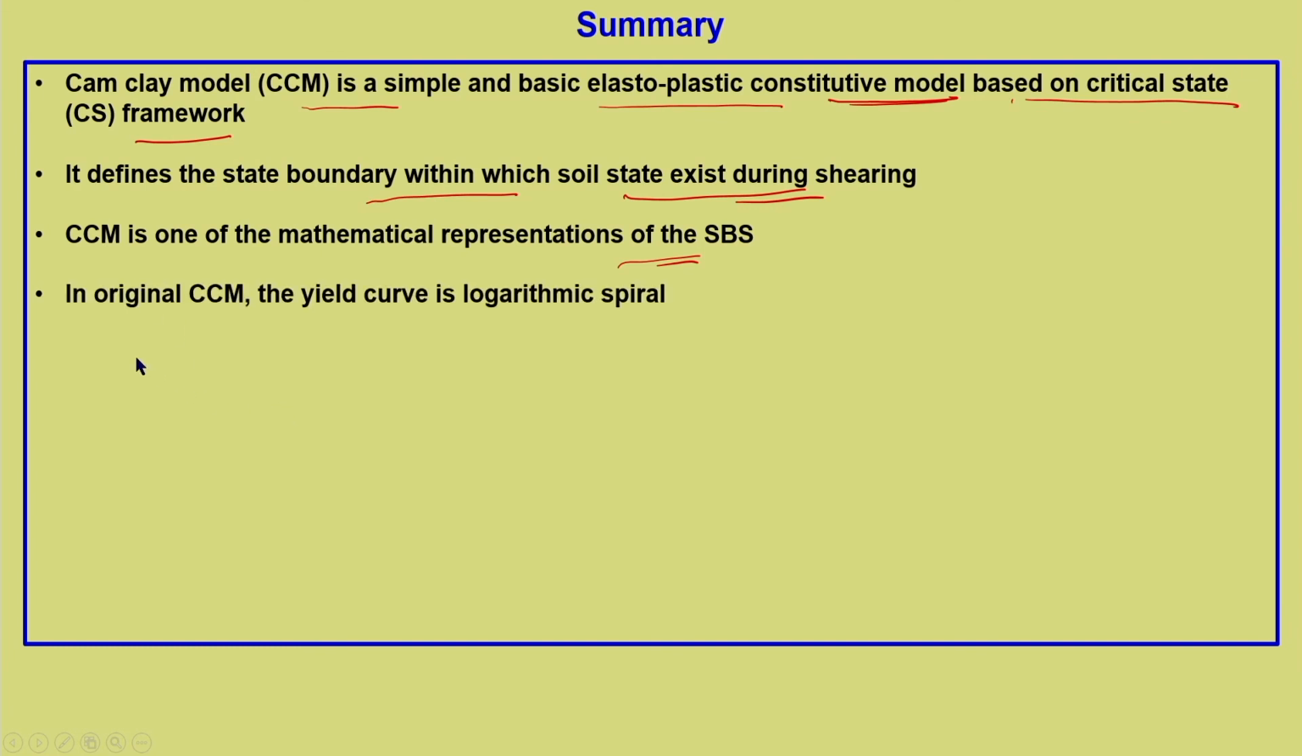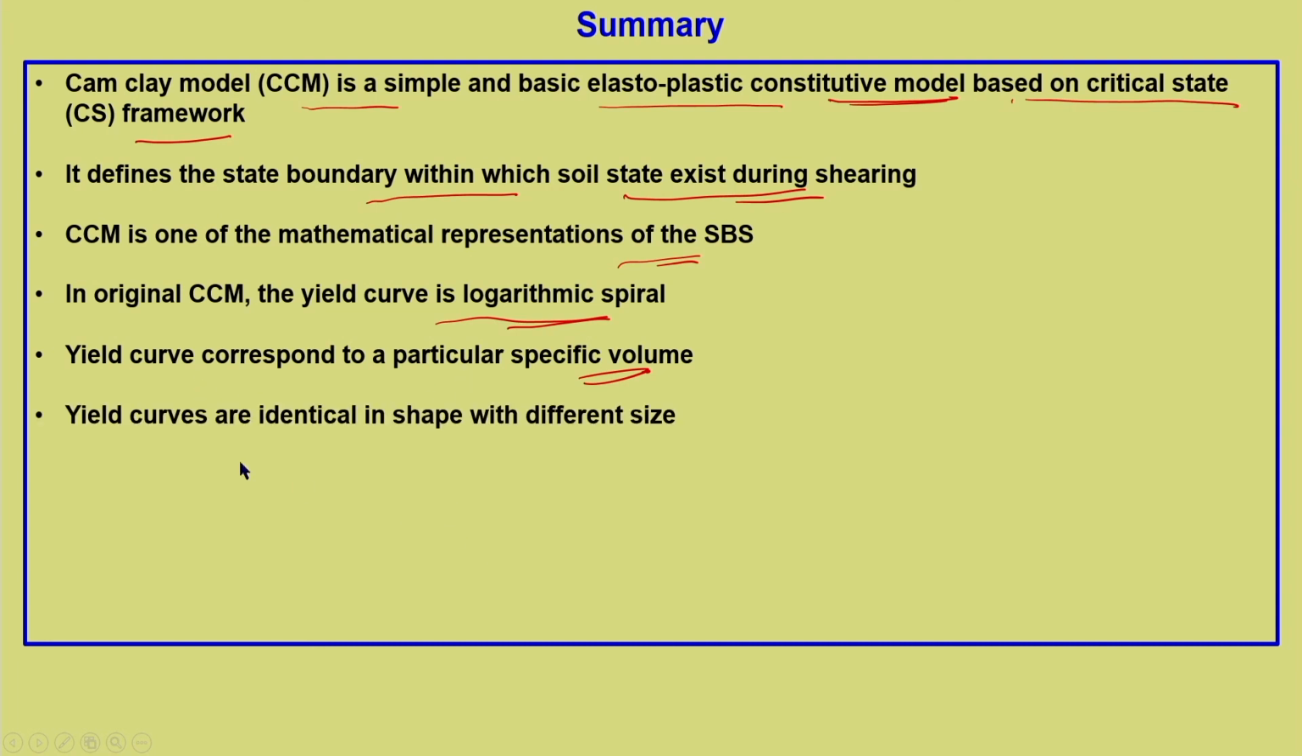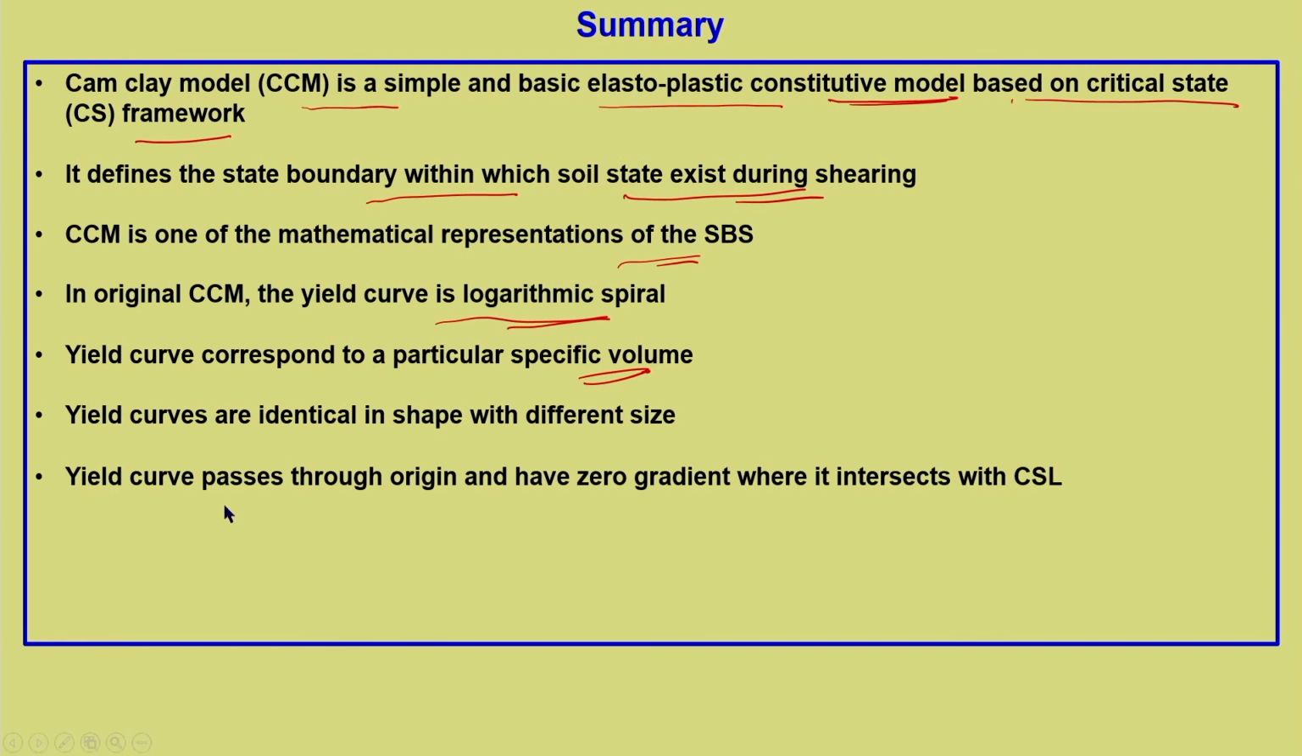In original Cam-Clay, the yield curve is represented by a logarithmic spiral. A yield curve corresponds to a particular specific volume. When the specific volume changes, the size of the yield curve also changes, but the shape essentially remains the same. So, yield curves are identical in shape, but with different size. Size changes with specific volume. The yield curve passes through the origin and has zero gradient where it intersects the critical state line,